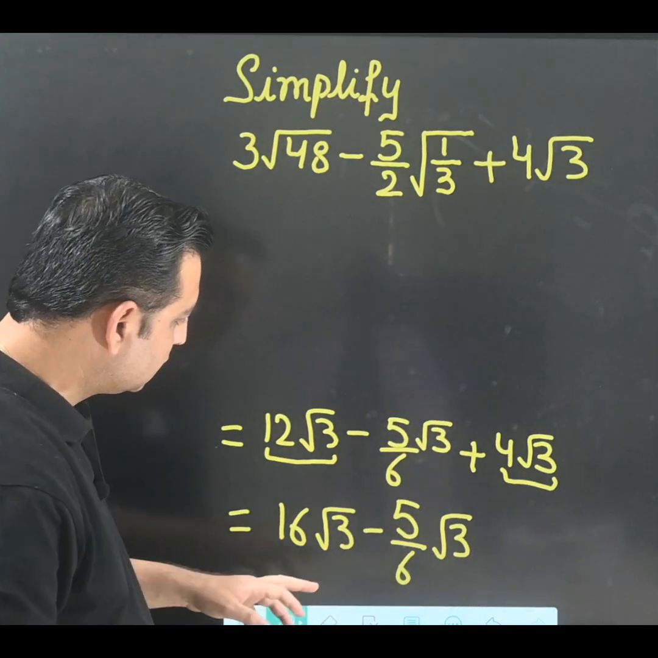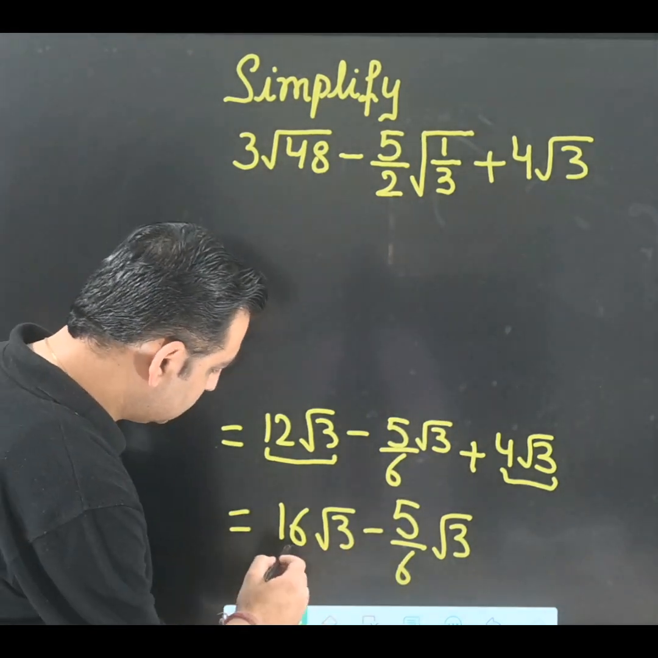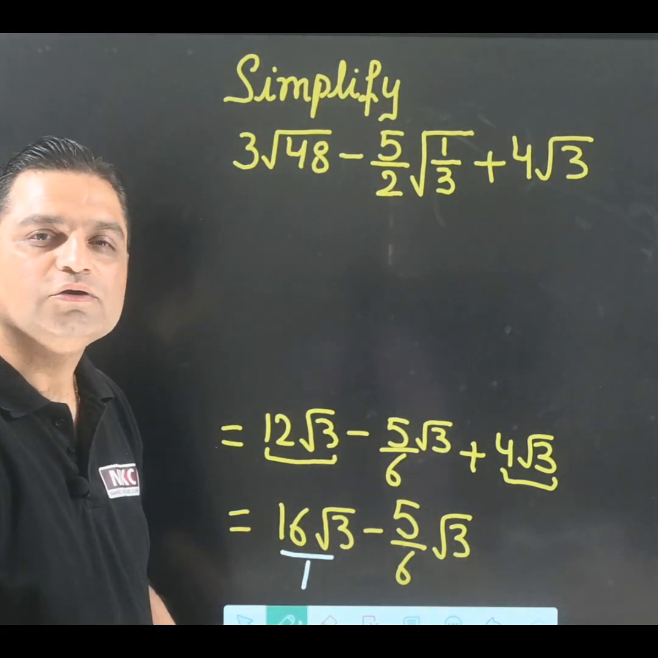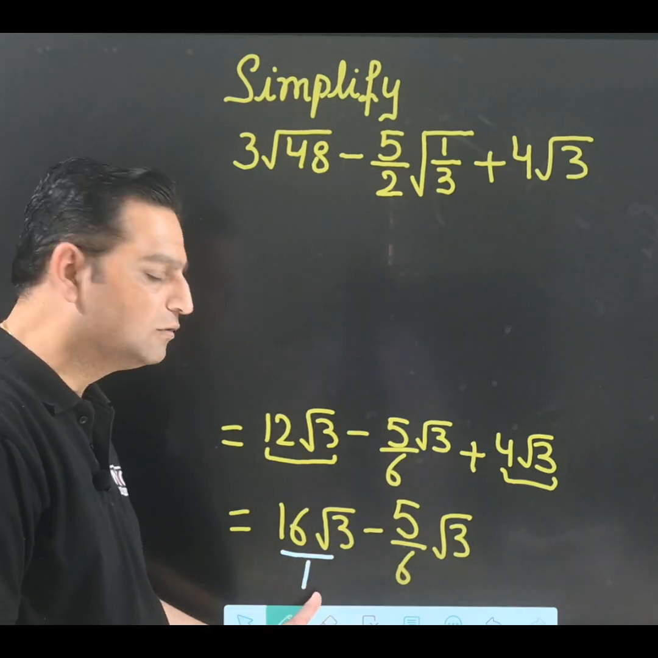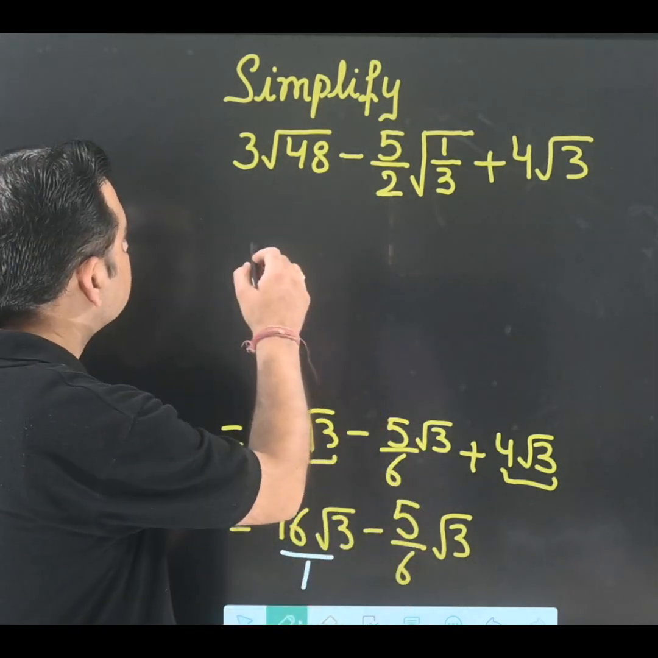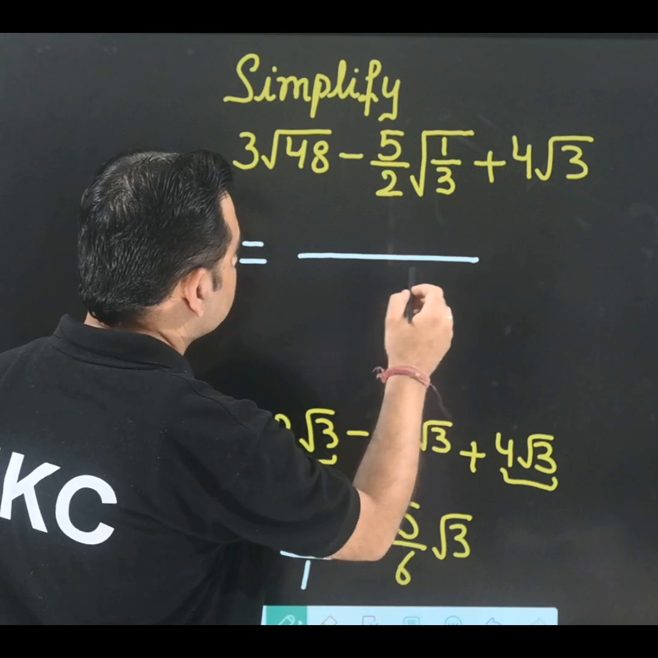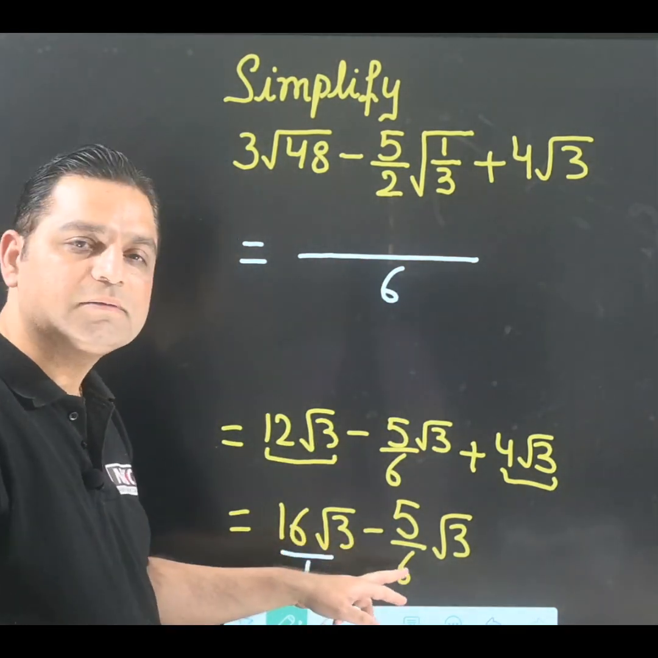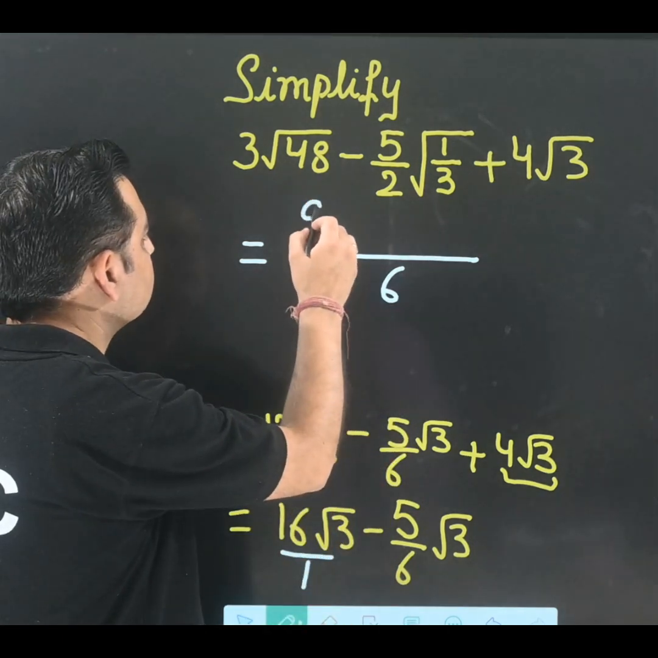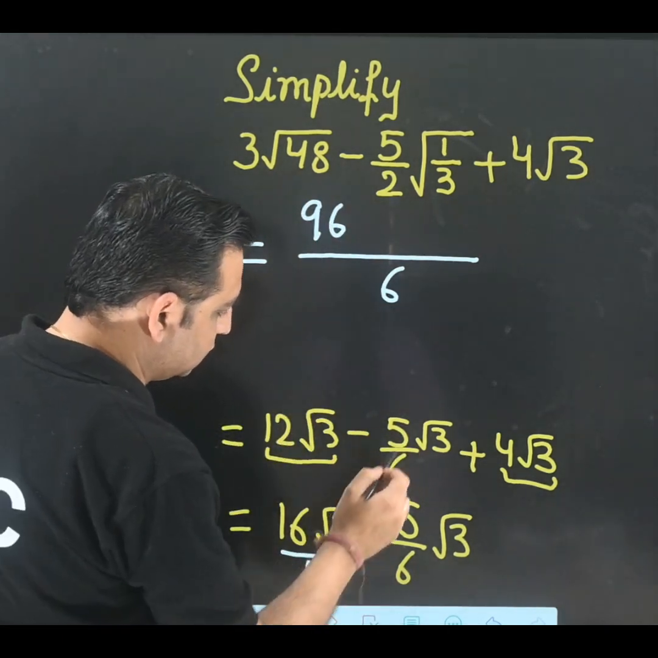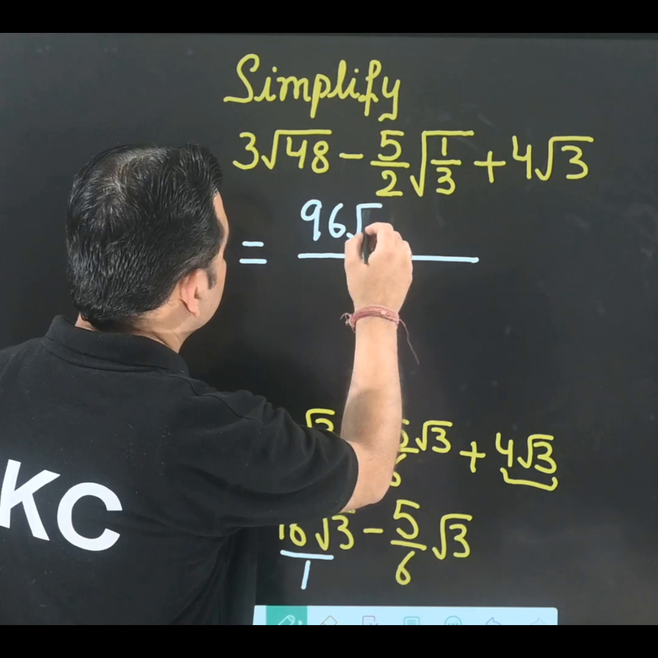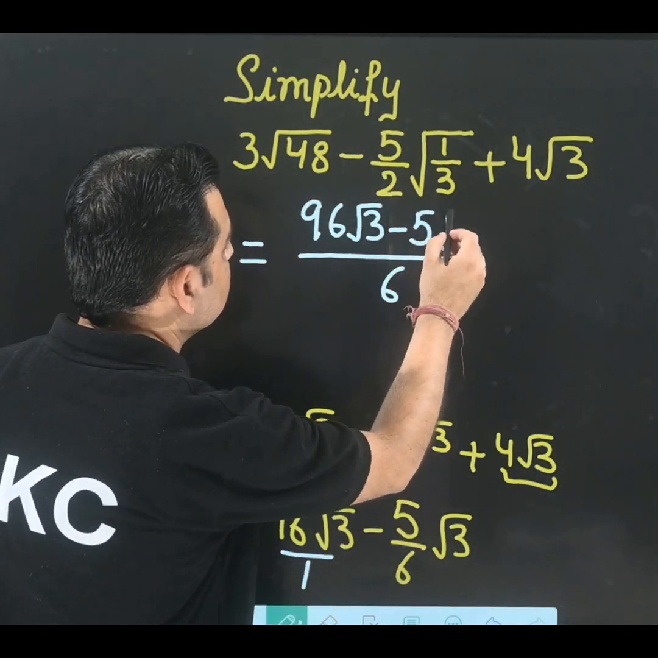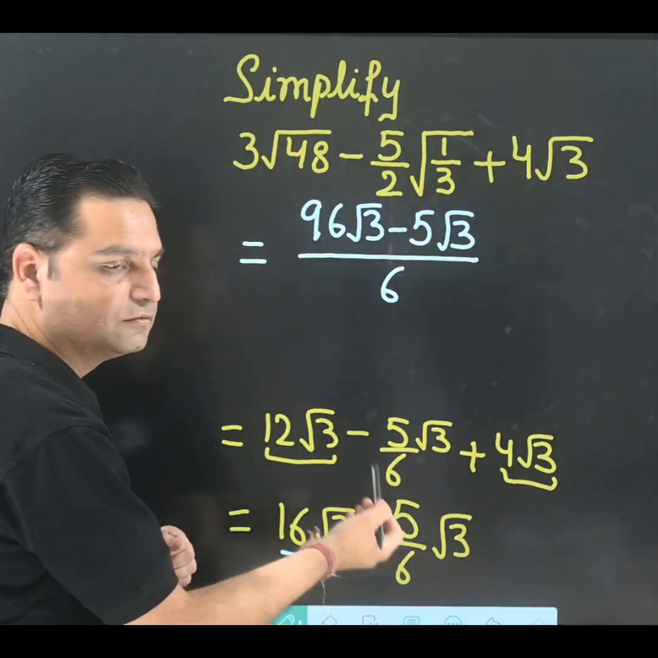Okay. Now there is no denominator here, that means the denominator is 1. You need to make the denominator the same, or we can say the LCM of 1 and 6 is 6. So, further simplifying, take denominator 6. 16 multiply 6 is 96. So you will get 96 square root of 3, then minus 5 root 3 will remain as it is because